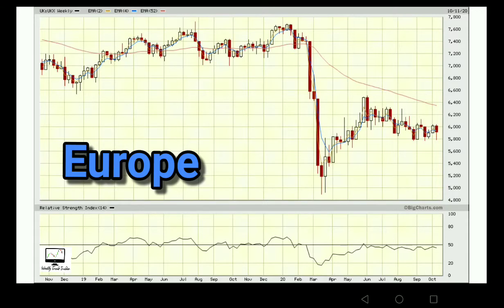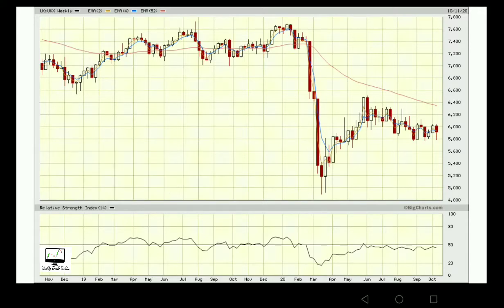So as we begin our look at Europe, let's look at the 52-week moving average, but let's look at what has happened since the summer. Well, if we look back in May, beginning of June, we hit that level there of 6,400. We've got that falling 52-week moving average. There we are, end of May, beginning of June, we got the highest level that we could get to. The market got to 6,500, and what happened? Price rejection. The market has been in a downtrend, slowly drifting lower all the way since the beginning of June